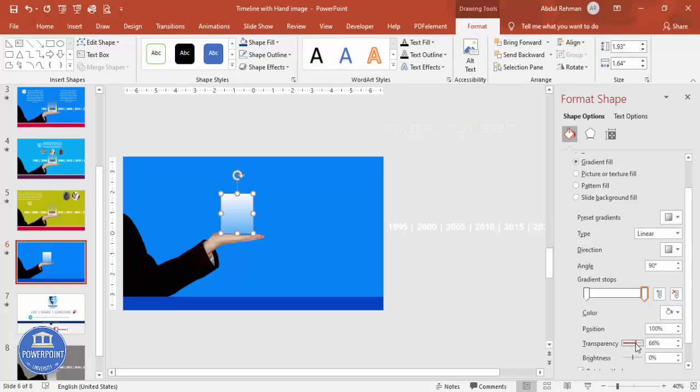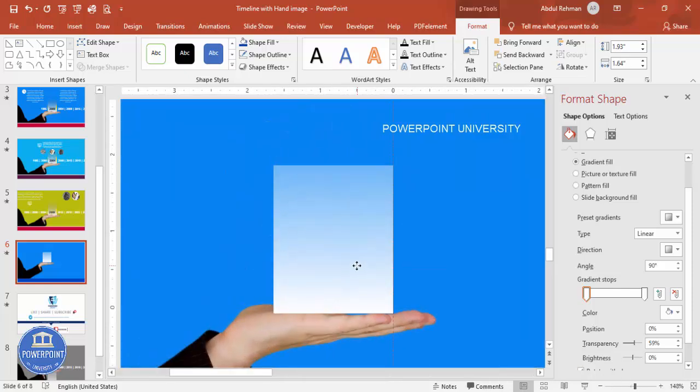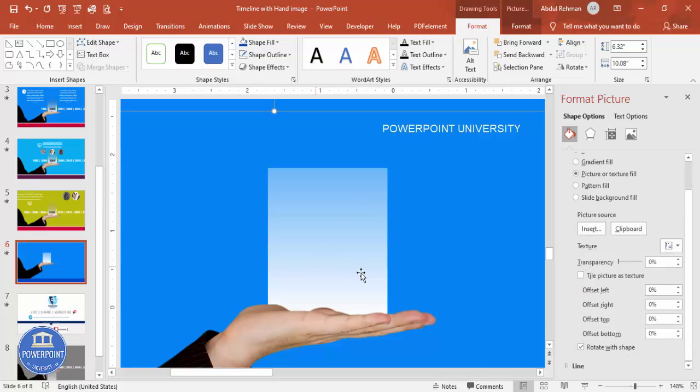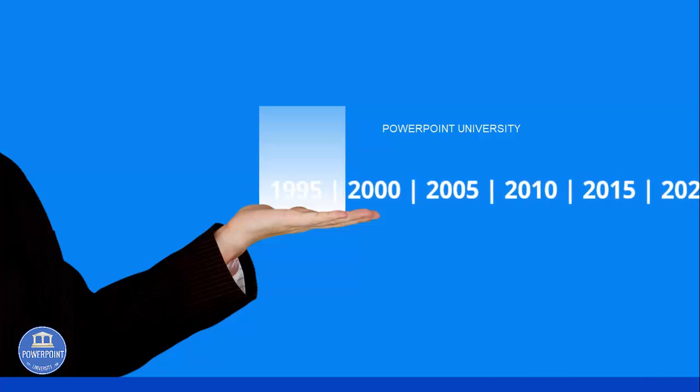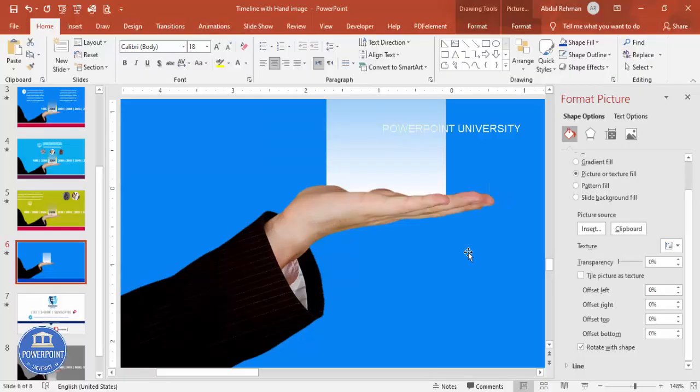Or if you want the transparent on the top side, so I'm going to select this one and I'm going to make it transparent here. So whichever way you feel. Okay, let me just zoom in and put it exactly here, and if you want, you can just send this back of the hand also like this. You can see here. Then what happens here, for example, if I play, it comes like this. All right, so it is not visible.